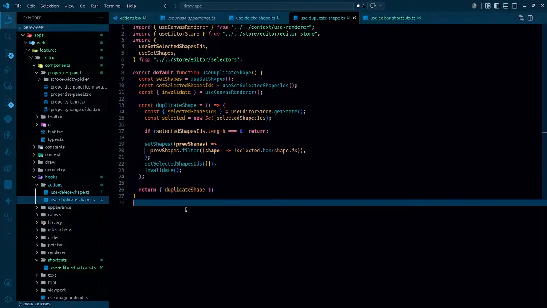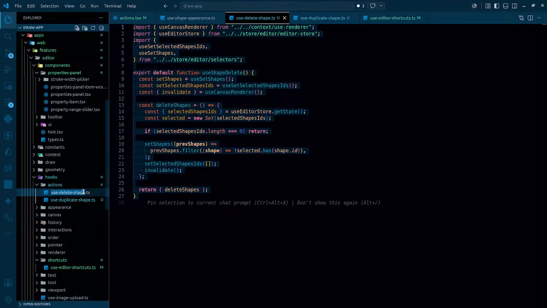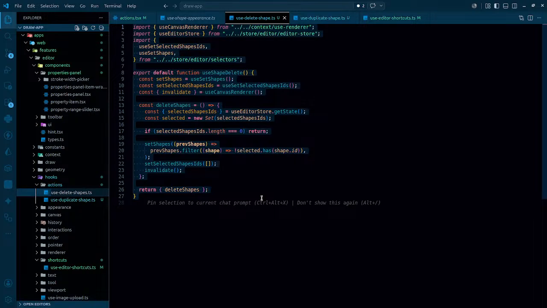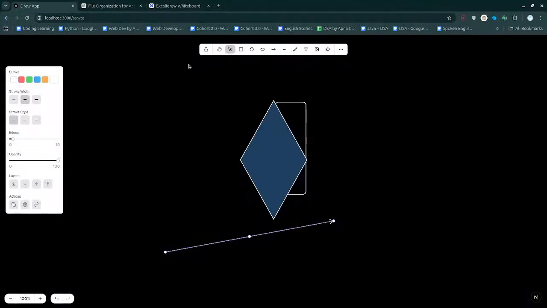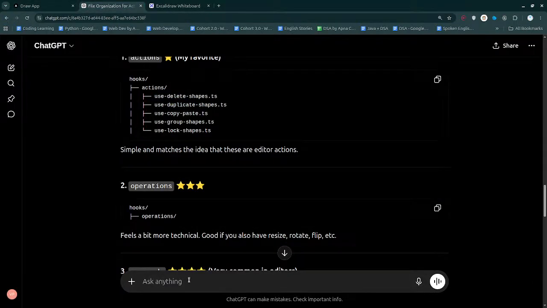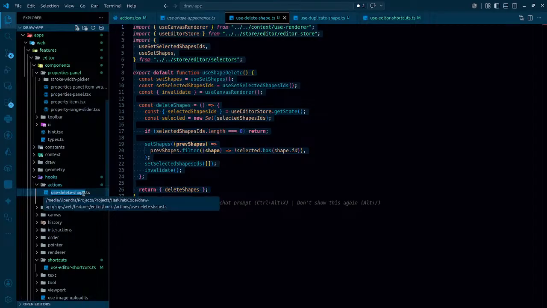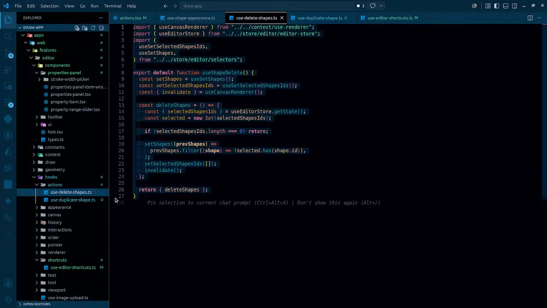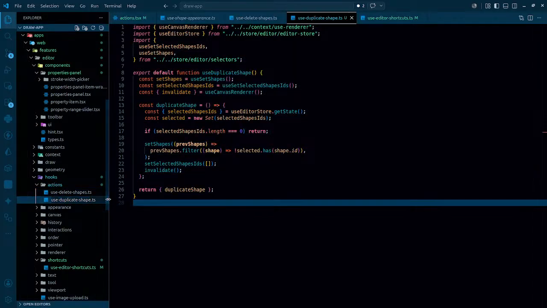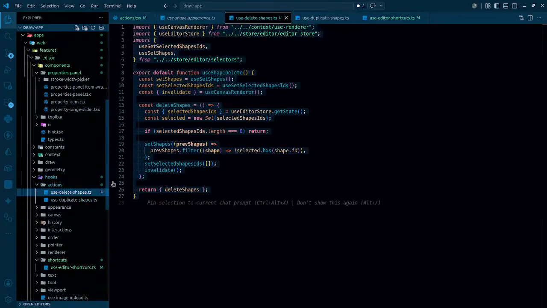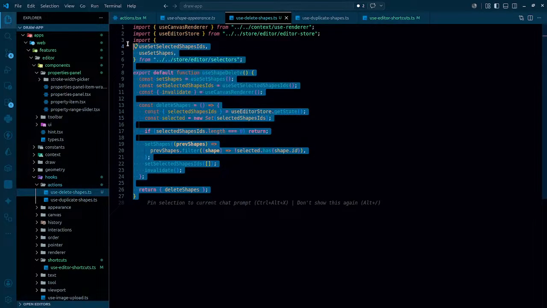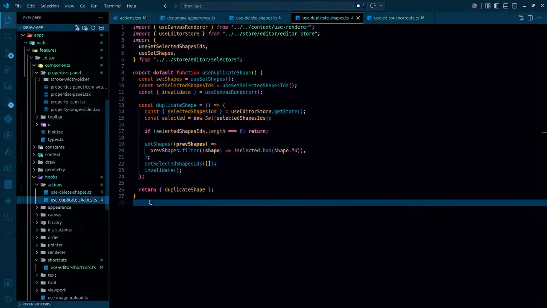Now when it comes to deleting, we are able to delete many. Let's name it as shapes, actually that would be better. So use delete shapes. Which name is better? Let me ask AI regarding this. Use delete. It is already using shapes in here, so let's just simply rename it to shapes, because we are gonna be deleting many shapes as well, right? So for that thing the name should be right. Coming back to this one, we have delete shapes already over here, that's sort of good. And coming back to this one,